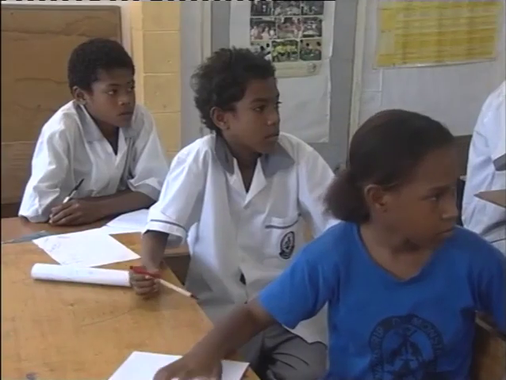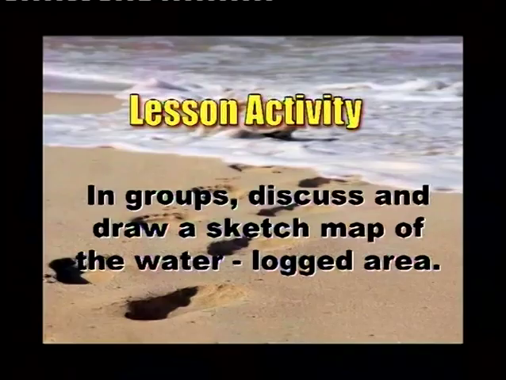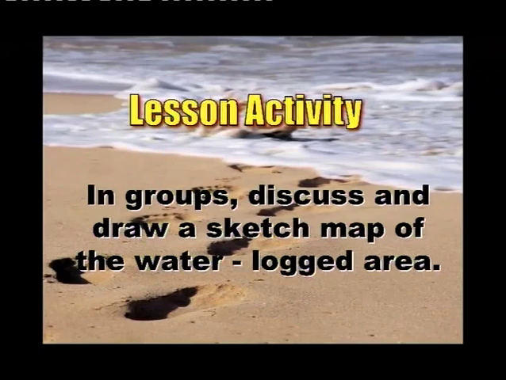Now our lesson activity, I'd like Rick, if you can read it for us. Lesson activity. In groups, discuss and draw a sketch map of the waterlogging area. Okay, you're going to work together in a group, and you will discuss and draw a sketch map of the waterlogged area. Now, do not forget that sketch mapping is just a rough map-like drawing